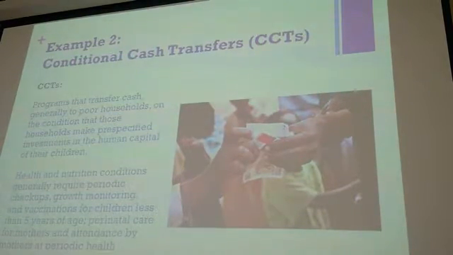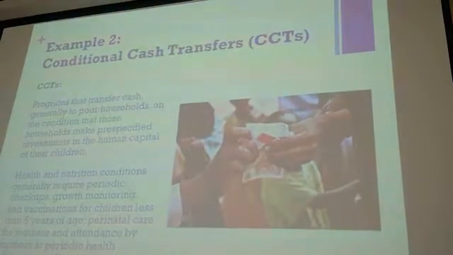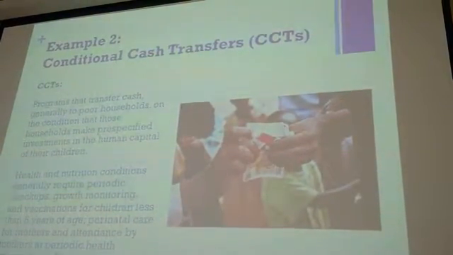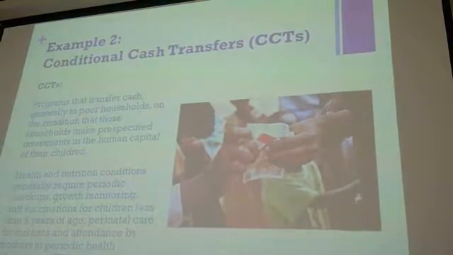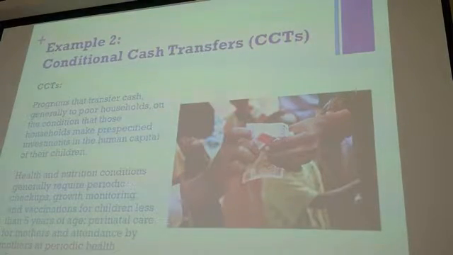Well, I think the idea is that you're mobilizing people out of poverty, and hopefully by improving nutrition and health, they can take advantage of more opportunities. So you're helping them climb the ladder. But other than the example I'm going to talk about, I'm not aware of any long-term conditional cash transfer programs. So that might be something that has yet to be seen. But the idea is you're mobilizing people up and out of poverty, so that eventually maybe they don't need these cash